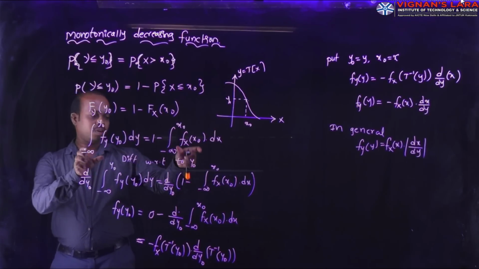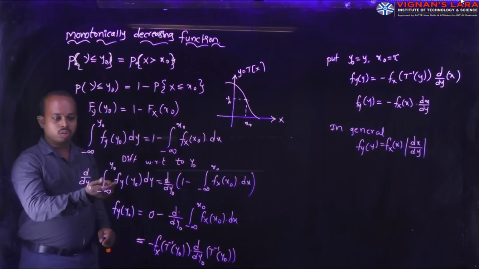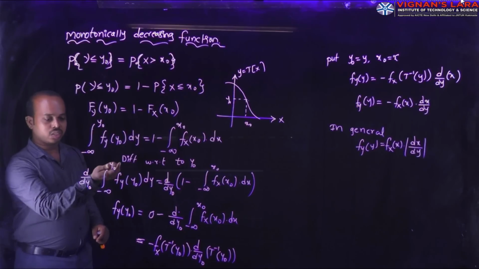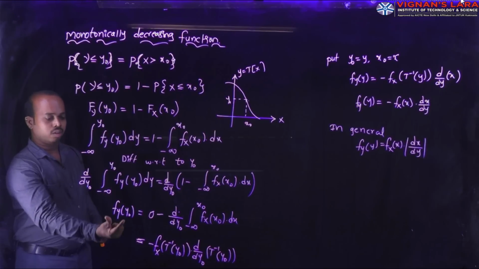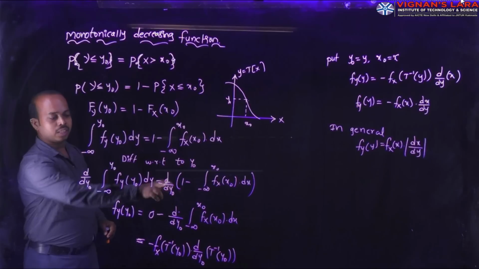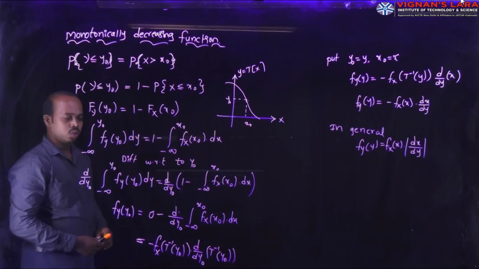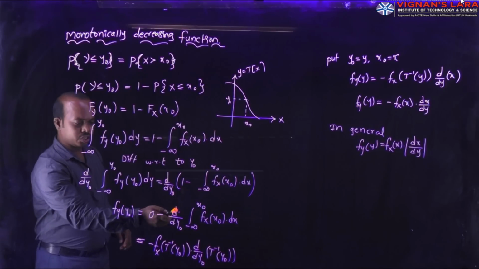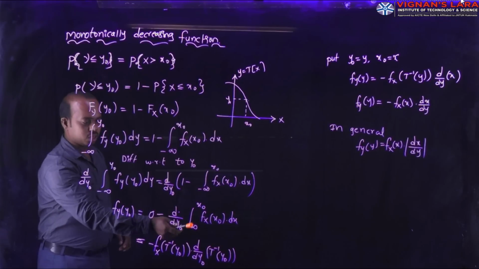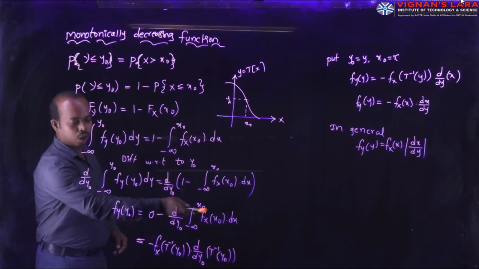The same terms I am representing at the bottom. After that, we apply the differentiation on the first term, d by d y naught, where the integral limits from minus infinity to y naught cancel with the differentiation. We can write the density function f_Y of y naught is equal to, differentiating a constant, the value 0. Then we apply the differentiation on this integration, where the limits are minus infinity to x naught, and the function also lies on x naught.